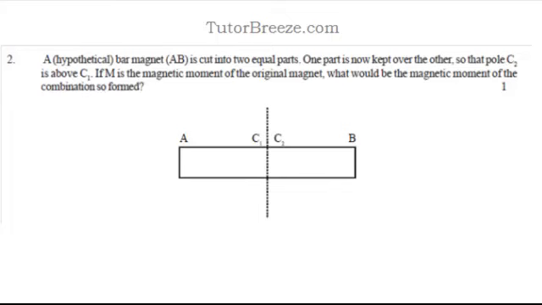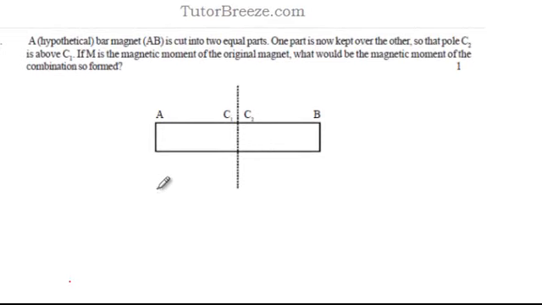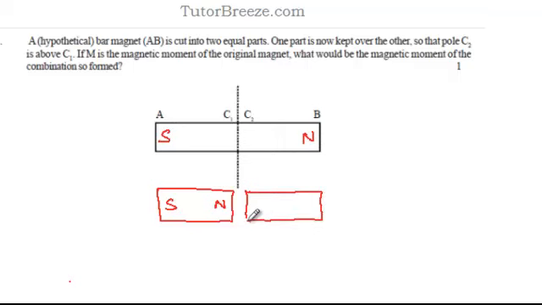See, whenever you cut a magnet into two, then each half is going to behave like a magnet. For instance, over here when we cut this magnet into two, then this would be a north and a south, let's say. Originally, let's say this was south and this was north, and this piece will behave like a south and a north, because if you cut a magnet into two pieces, each piece again behaves like a magnet.